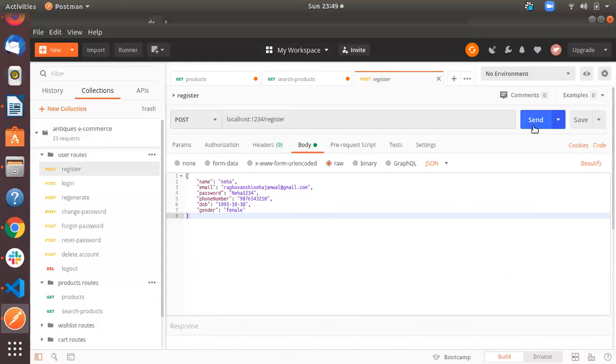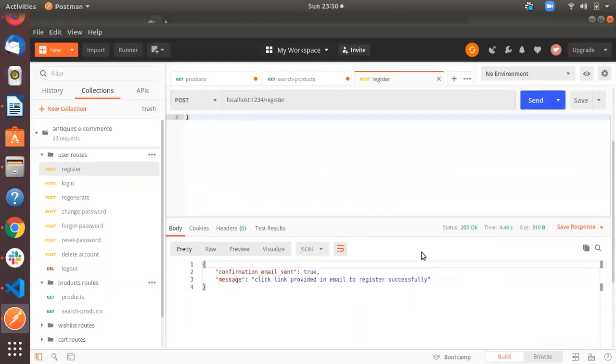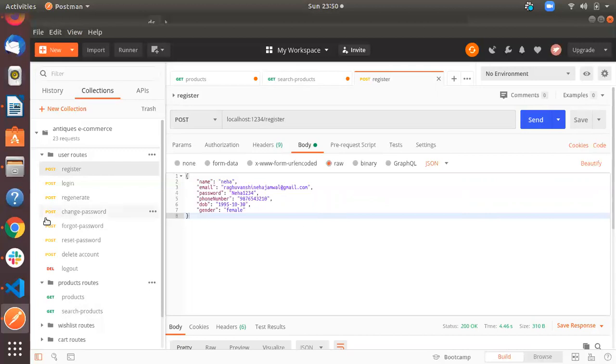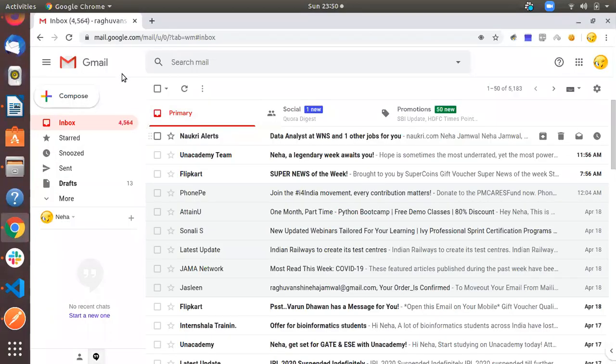If you send the request with correct credentials, an email will be sent to your email address for confirmation, so you need to confirm your email. Only then will you be able to log in onto our website.